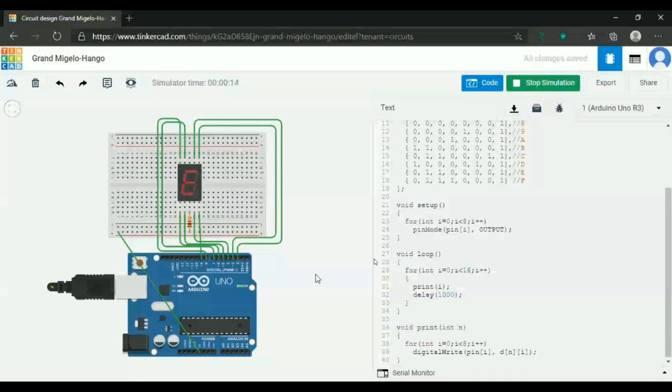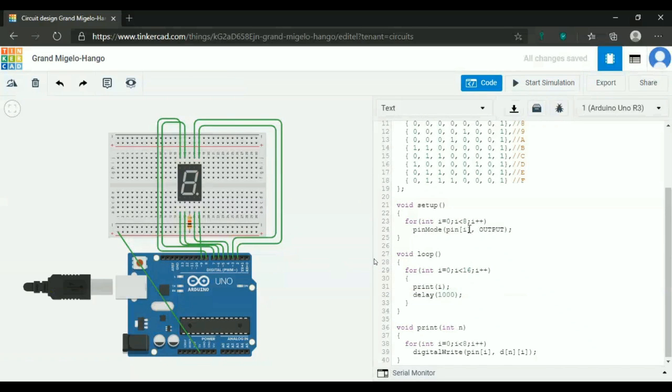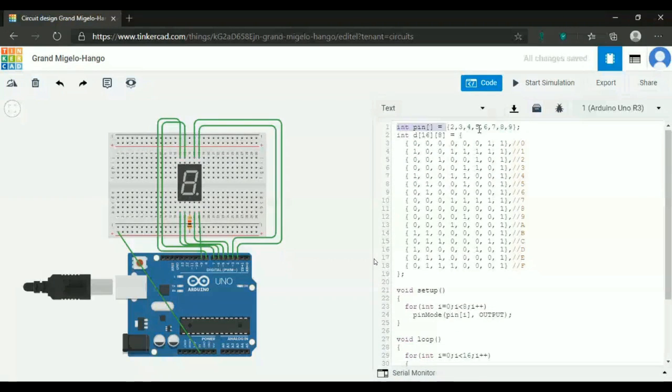Ritvik, can you explain the for loops once again? Okay, which for loop did you understand? No, like from the void setup. Okay, void setup, right? So here our pins are in an array, right? So we are looping through the array. Pin of 0 will be 2, pin of 1 will be 3, pin of 2 will be 4, 5,